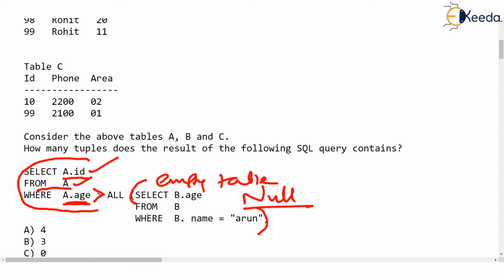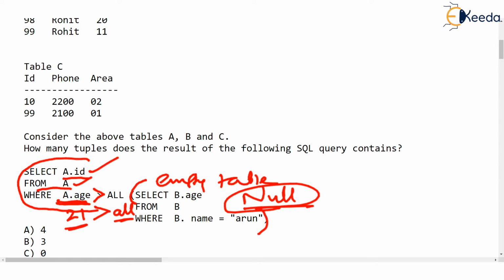Now you tell me, whenever you compare an age from A, let's say some age is 21, and you ask whether that age is greater than all the ages in the inner relation, but the inner relation is empty, what that means is 21 is definitely greater than all the ages in the inner relation.